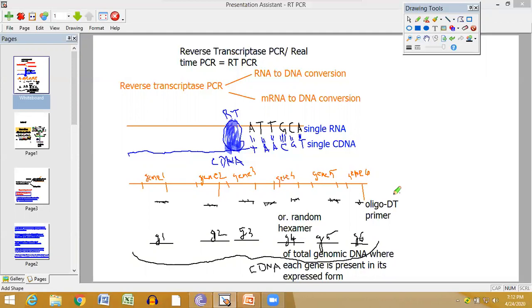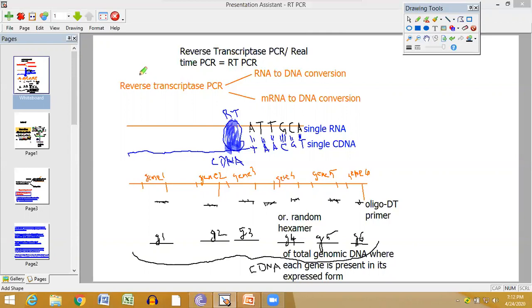Both in abbreviation are called RT-PCR. But RT-PCR can have dual meanings. The first one is reverse transcriptase PCR. The second one is real-time PCR. Although there is a correlation between these two, still there is a difference. So we should not confuse them when we are discussing or solving problems about reverse transcriptase PCR or real-time PCR.